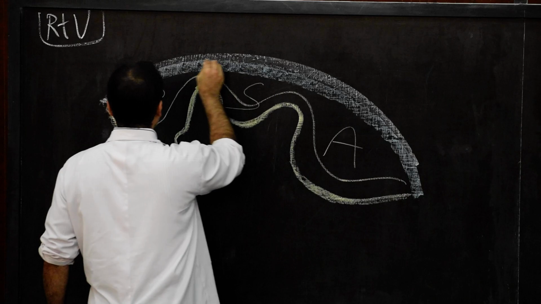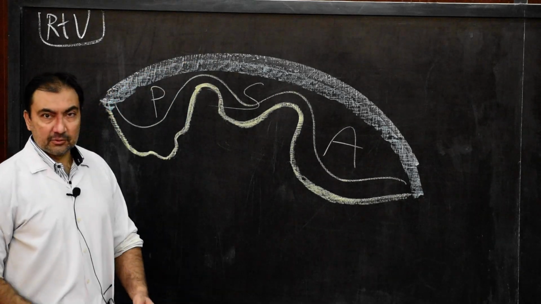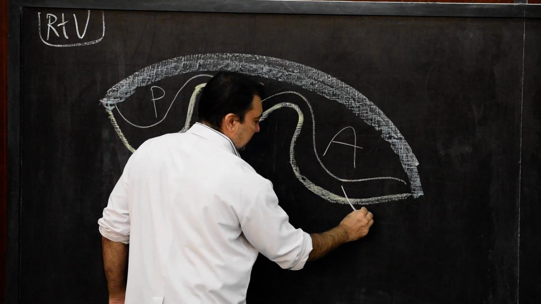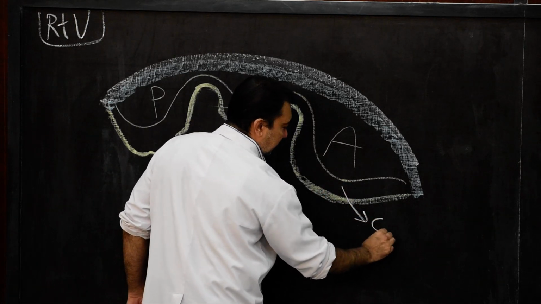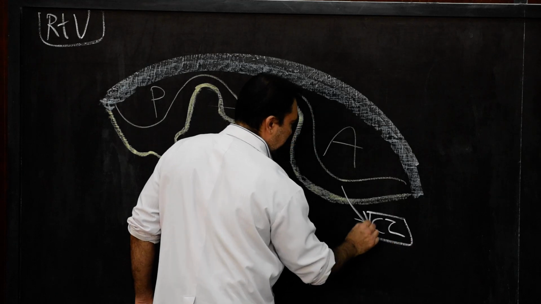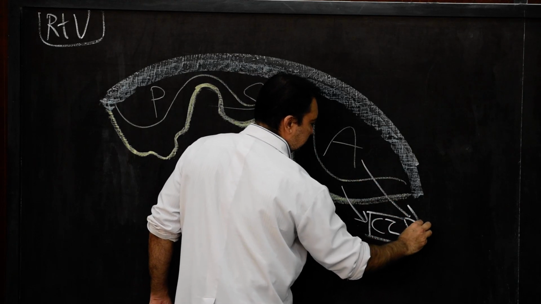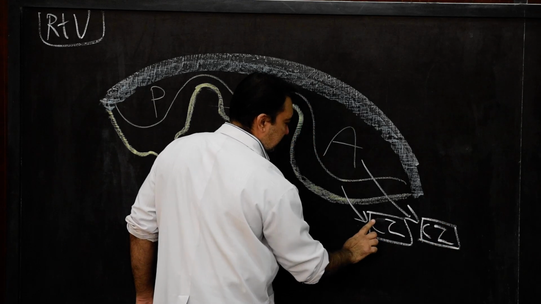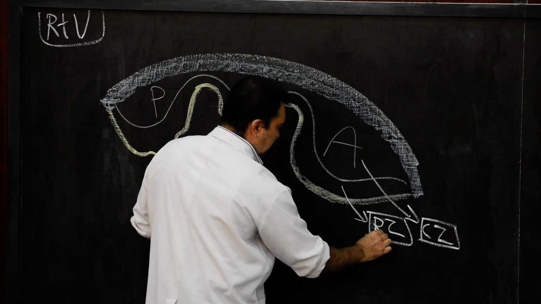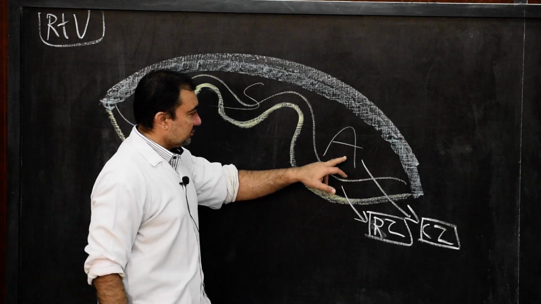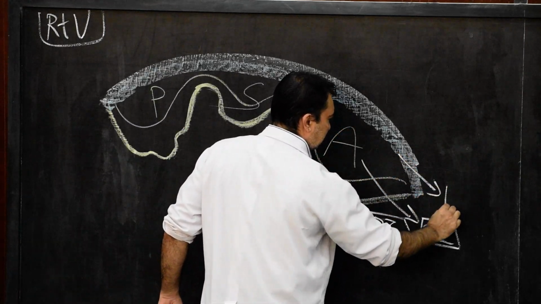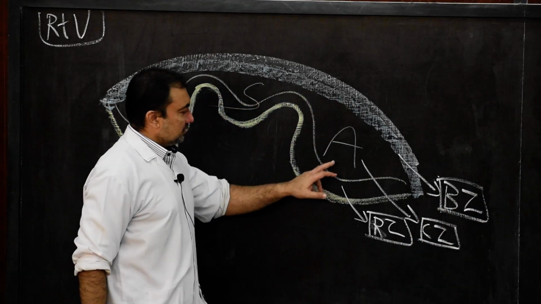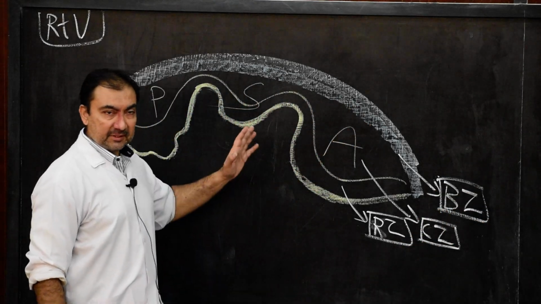So this is the basal zone. Now here, this already we have learned, if you just mark here, this is the clear zone over here. Sorry, this is the rough zone, clear zone, and over here, this one will be the basal zone. So rough zone, clear zone, and basal zone, in all the three cusps.